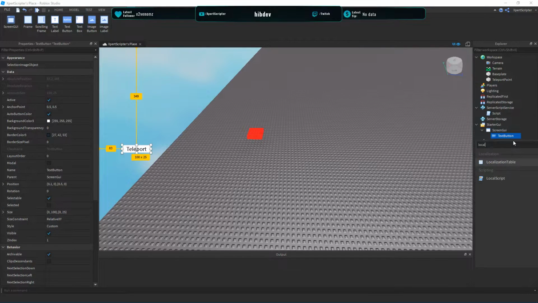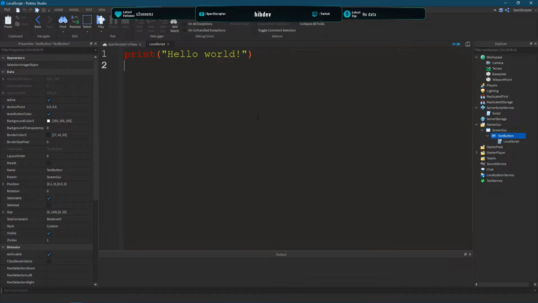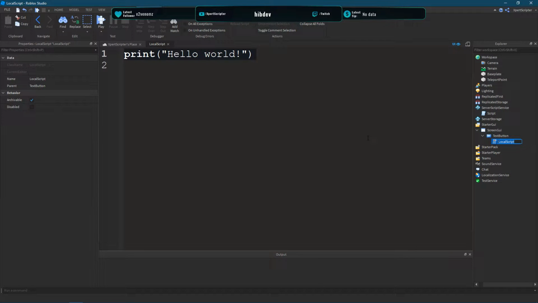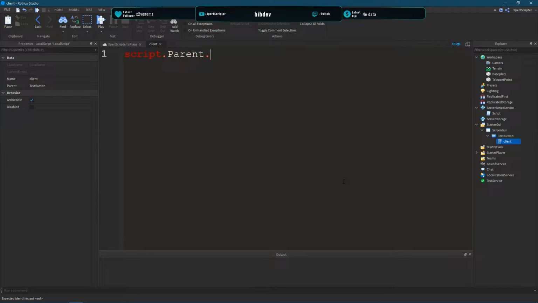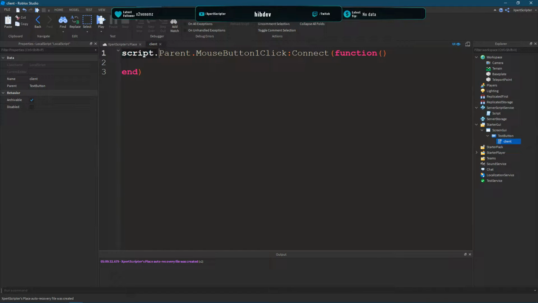Alright, we're gonna make a LocalScript inside of the TextButton, which is inside of the GUI. We're just gonna call this client. Alright, then we're going to do script.Parent.MouseButton1Click:Connect(function). Alright, and then basically what this does is it says when the user clicks the button, so script.Parent, which is the TextButton, when the user clicks that with mouse button 1, it's going to create a function and do whatever is inside of this function. Whatever is in here will execute on the click